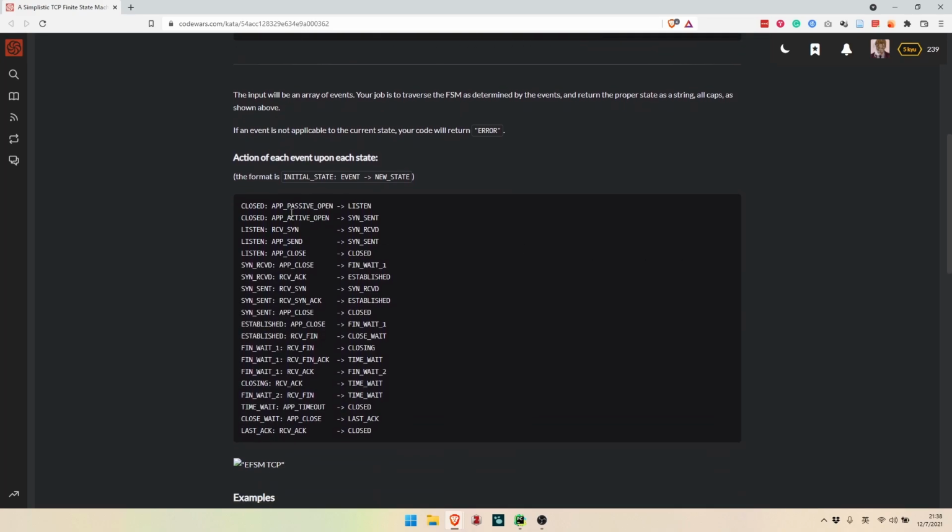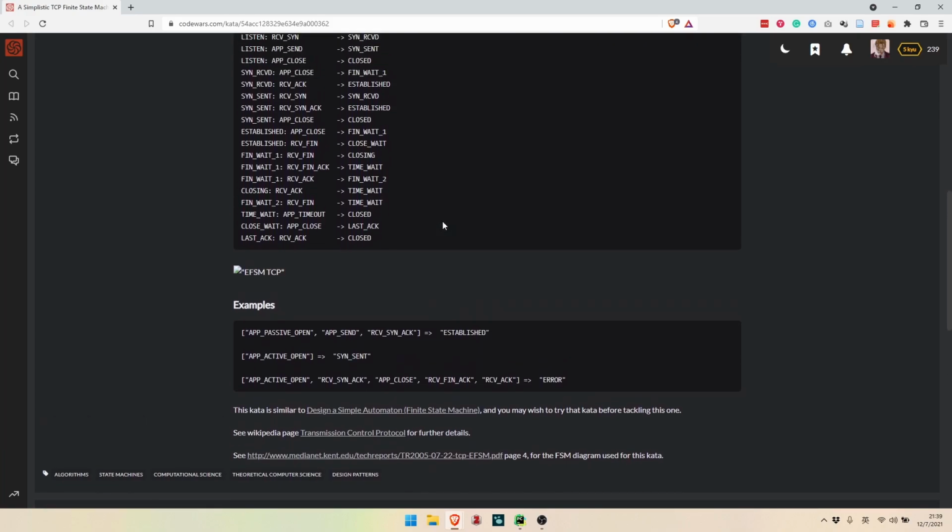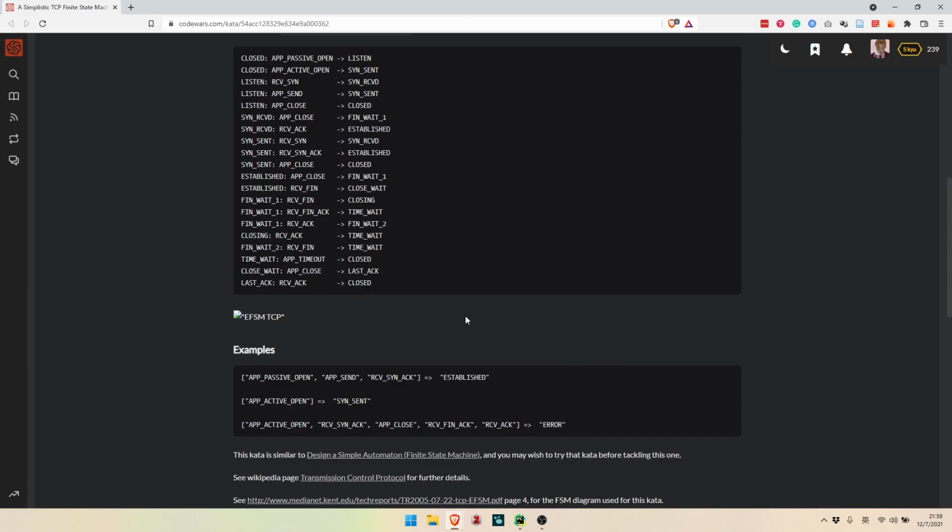So for each state, when there's an event like this one, app passive open, it will change its state to listen, right? If the event is app active open, then it will become SYN sent. Sounds very simple. Actually it is. In this given example here, because the initial state is closed, when the first event is app passive open, the state becomes listen after this event, and the second one, app send.